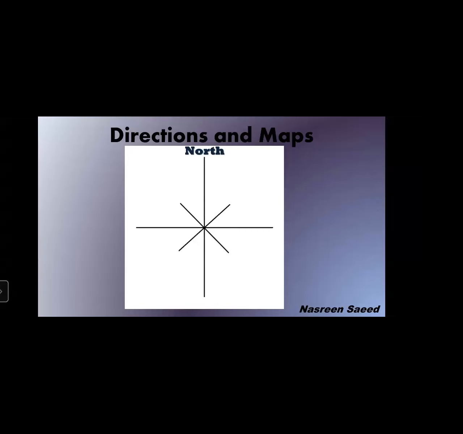The top always becomes north. What does the top always become? North. So what will be the opposite of north? South. Very good. Then on the right hand side, we have east. When the top is north, the right hand side is always east. Now we got east also. What will be the opposite of east? Yes, west. The opposite of east will be west. Now we have all the main directions. North up, south down, east on the right side, west opposite of east.